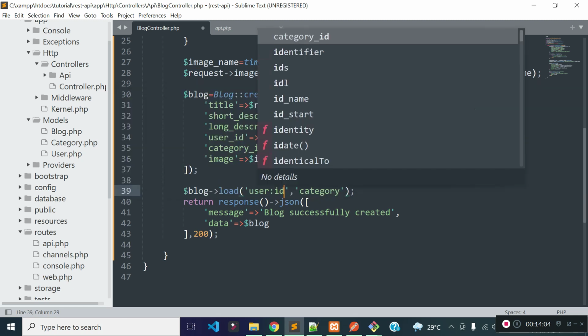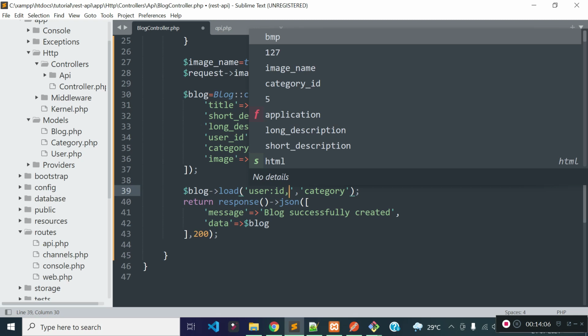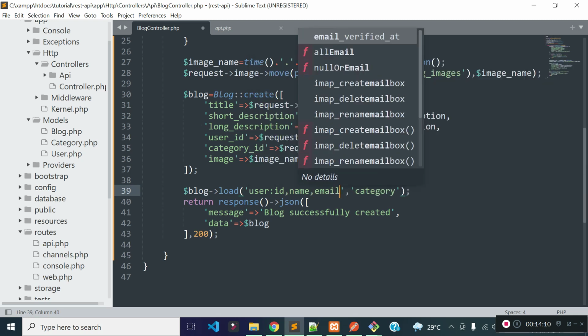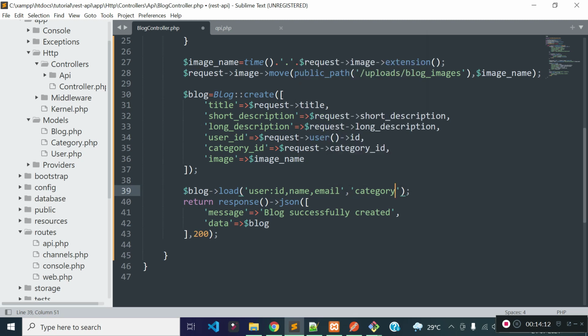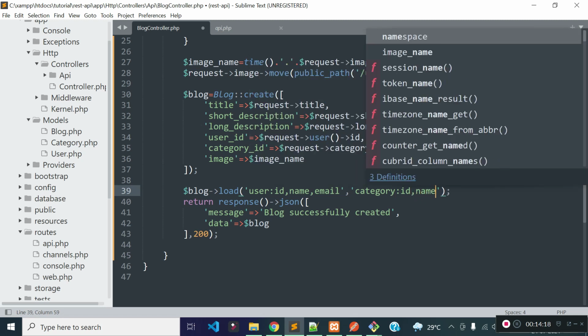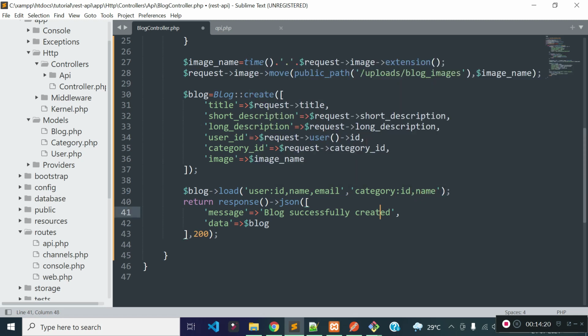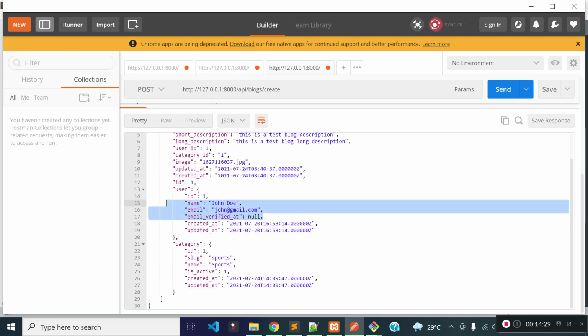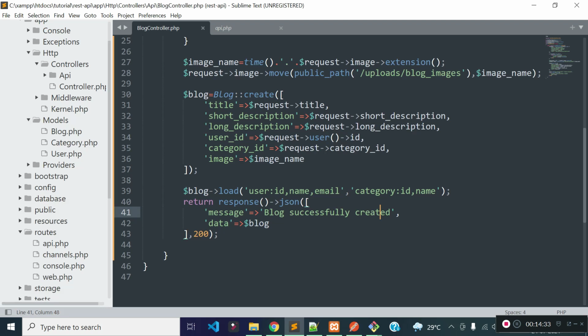So we can provide ID, then comma, and then suppose we want only name and email, then we can pass it like this. And also from categories relationship, suppose we want only ID and then name. Okay, save this file. So you see now we are getting created at, updated at, and email name, but we want only name and email, so we added this ID, name and email.